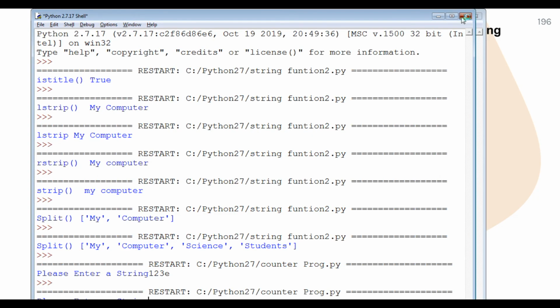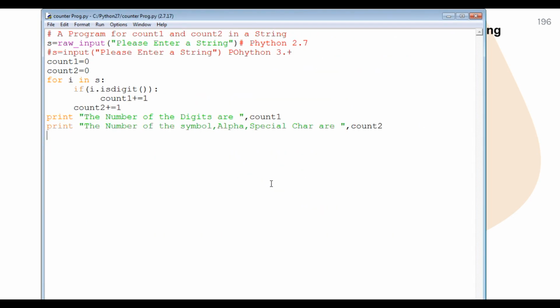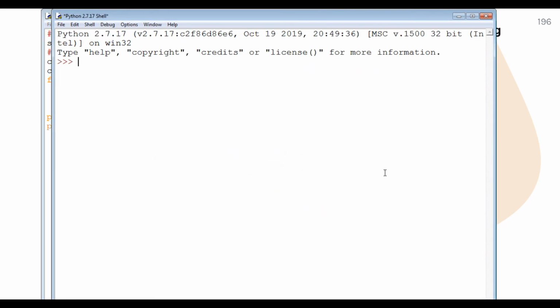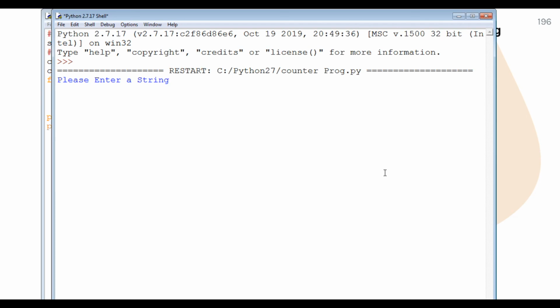Suppose that I will close it because I want to show you in a fresh copy. So I'm going to run it, student. Suppose that here is string, suppose Q13. Suppose that I'm going to give any password like this. Okay, so let's see. The number of the digits are 5.